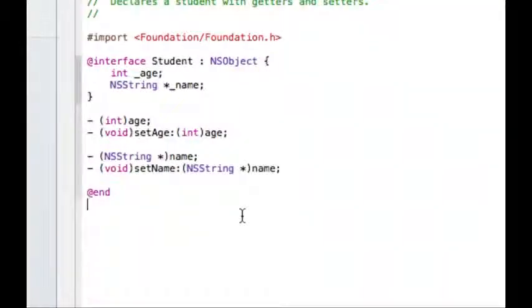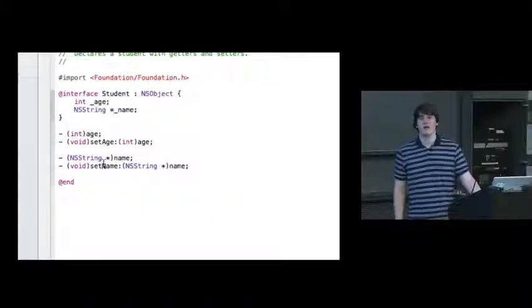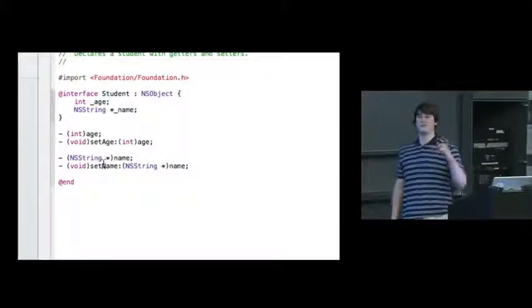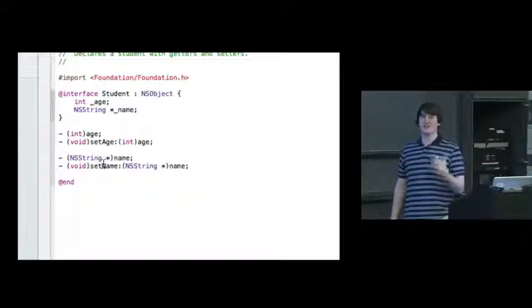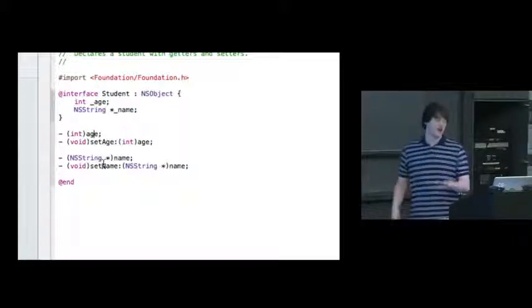of Java that you might be used to. We have two methods, one called age and another called setAge. The first one is going to get the age of the thing, and the second one we're going to use to set the age. And similarly down here, we have name and setName. The first we're going to use to retrieve the name, and the second we're going to use to set the name. And these are important names, both by convention, and we'll see things that help us later,